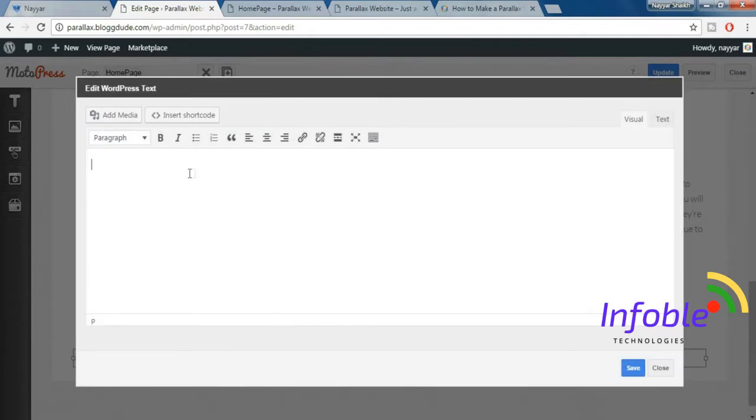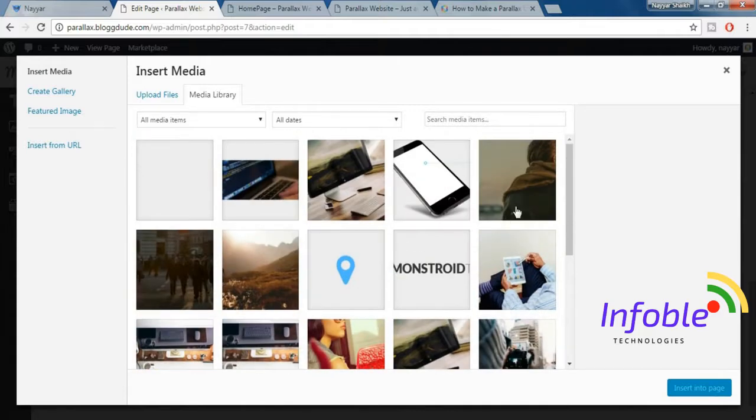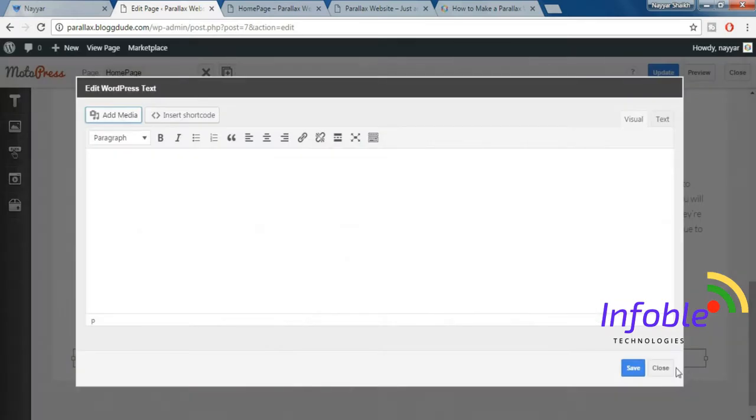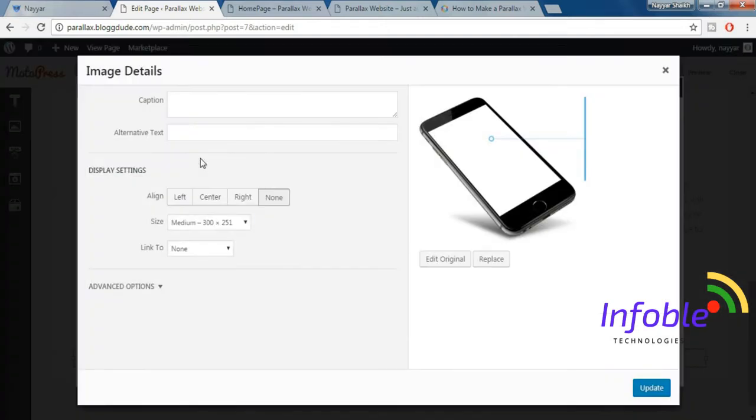And again, we have to add a media. So click on add and select the media. So this is the image we want to add, the mobile image. Select this and click on insert into page. Now again, click on this and edit this photo, and in the size it should be